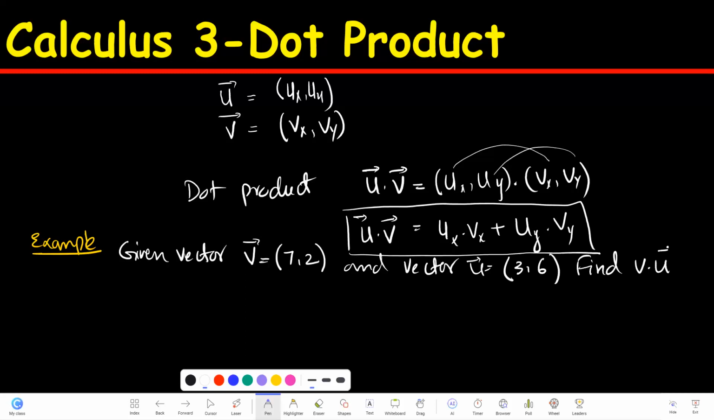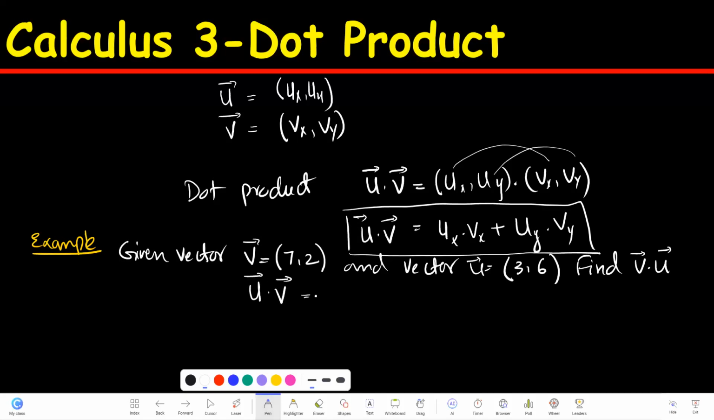So v dot u, or I can say u dot v, like what we learned in the commutative law. I can write like this, but either way I'm going to multiply the two. So solving one way or the other is not going to make a difference. So I'm going to say u dot v maybe